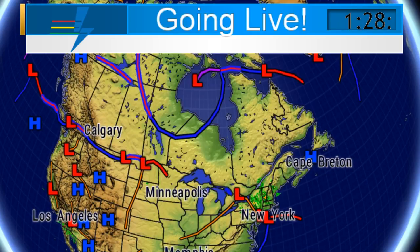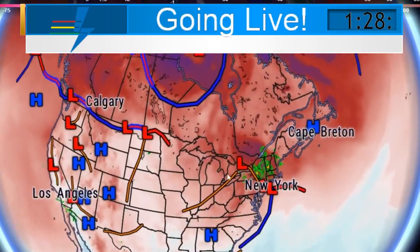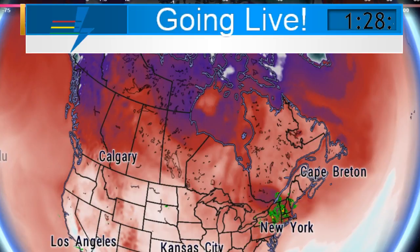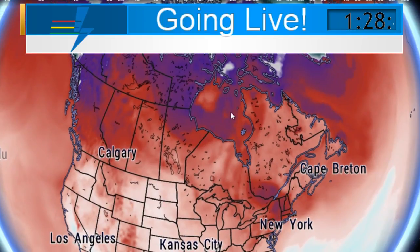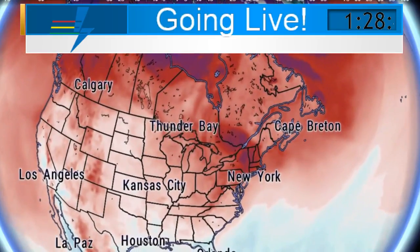Let's see what the GFS says about that. If we go to the weather models and go to the GFS, here's what the GFS is saying right now. You can see clearly that cold front and trough going on here. There it is, the cold front trough. And if we advance that into the future a little bit,